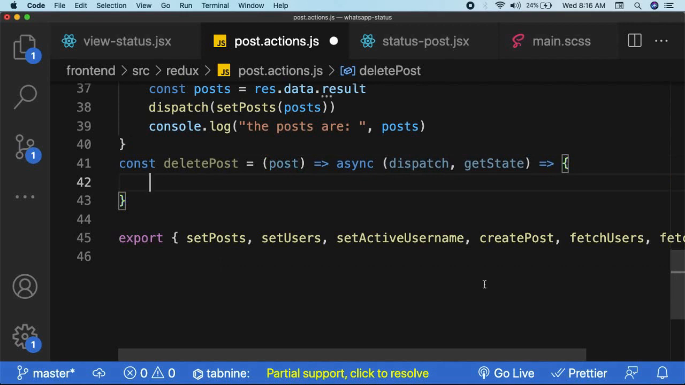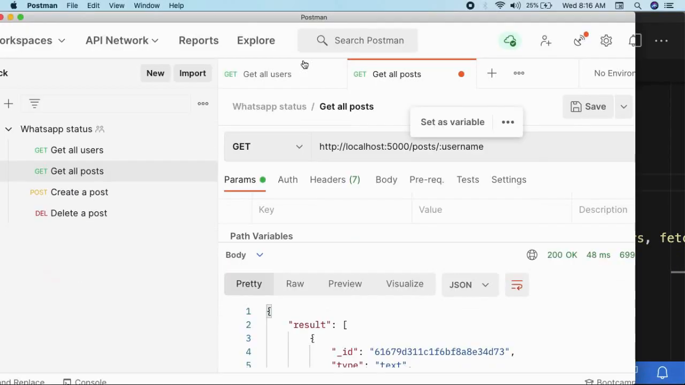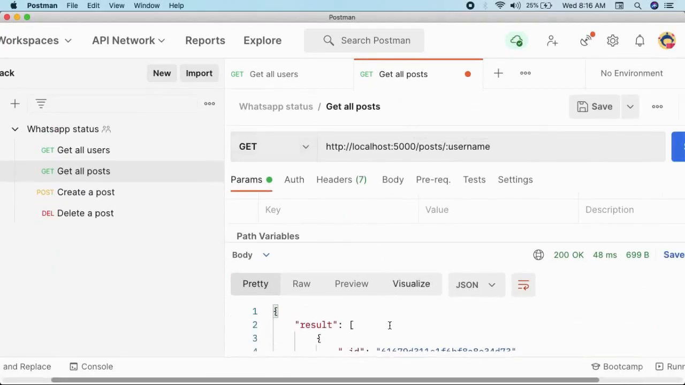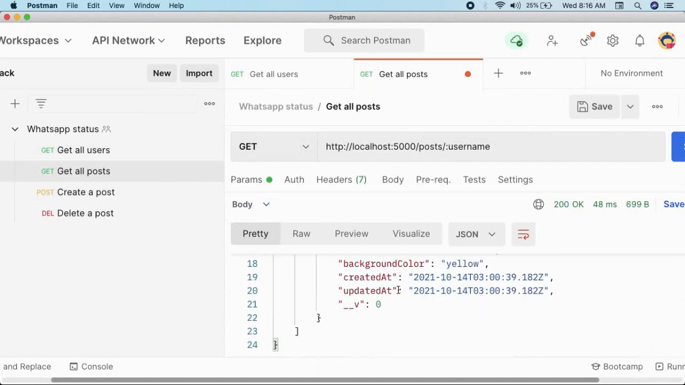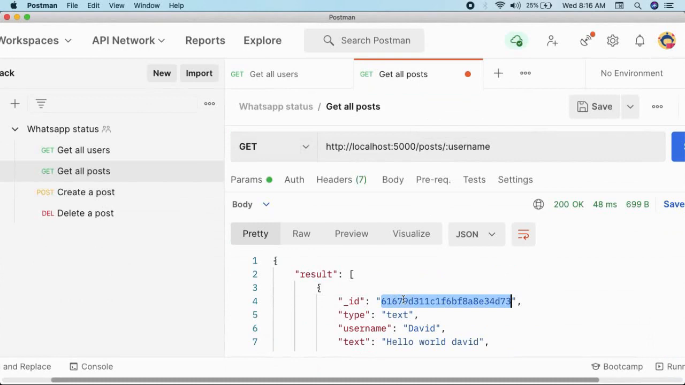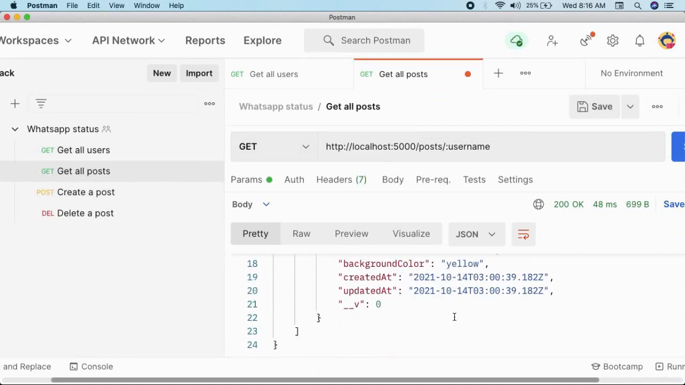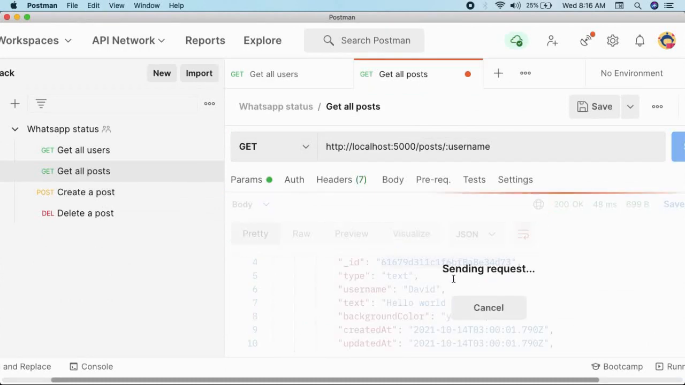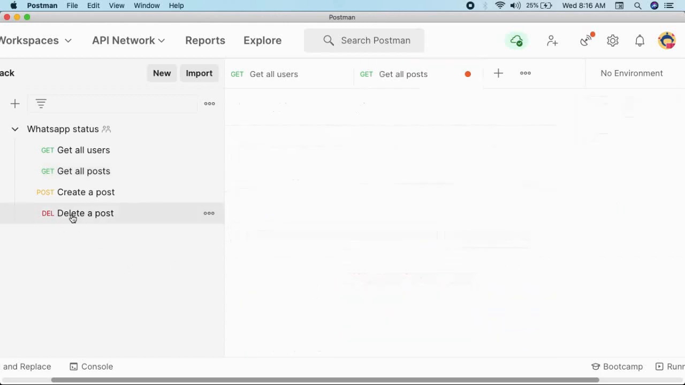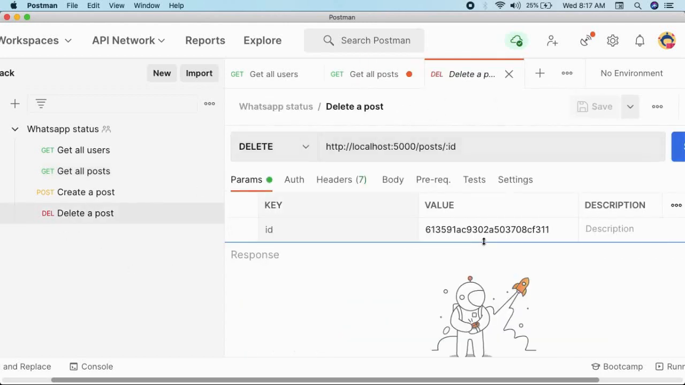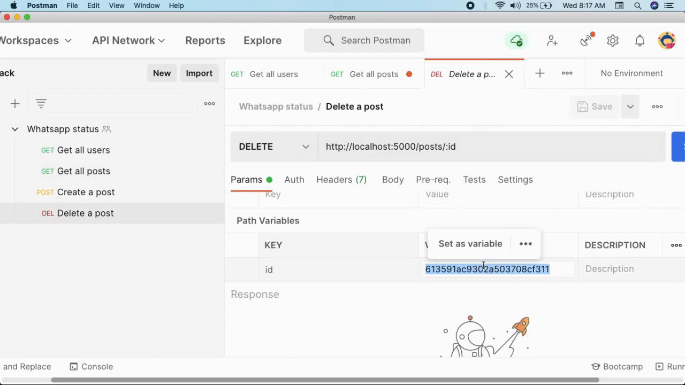And now let's first go to Postman to clarify how delete works. Let me open up Postman. It's right here. So here we have get all posts for a user. I think for delete post we need the user ID, so let me copy this ID. Now you can see that David currently has 2 posts. If we go to the delete post tab and pass the ID right here as a parameter in the path variables